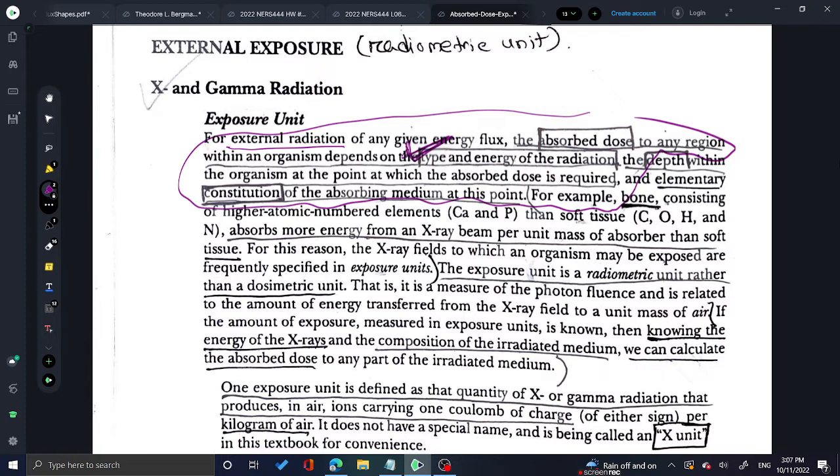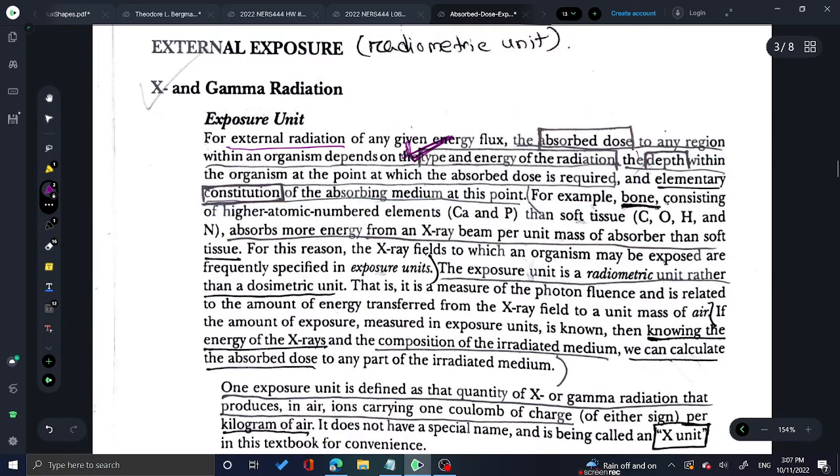Then the second factor is depth within the organism at which the exposure is occurring or the dose is being absorbed. ঠিক আছে, এক্সপোজার থেকে কতটুকু ডেপথে অ্যাবজর্বটা তুমি কাউন্ট করতেছো। And then elementary constitution of the tissue or the organ, basically the absorbing medium, ওটার কনস্টিটিউশনটা কীরকম।